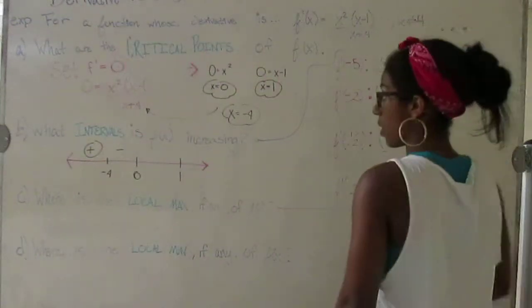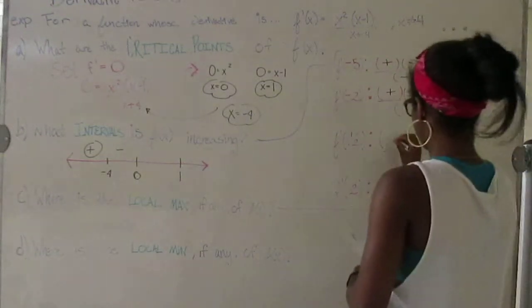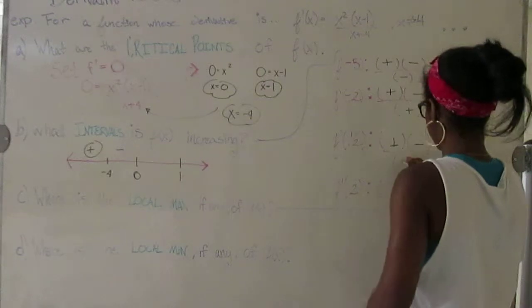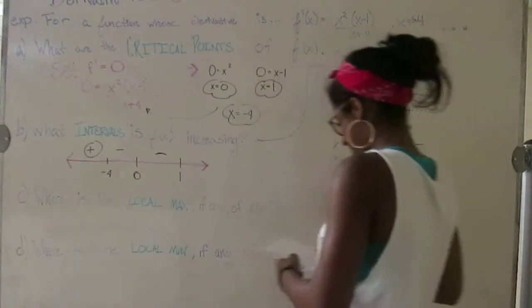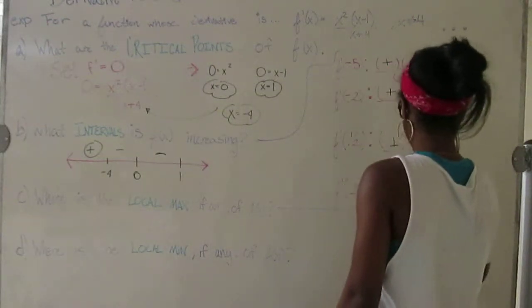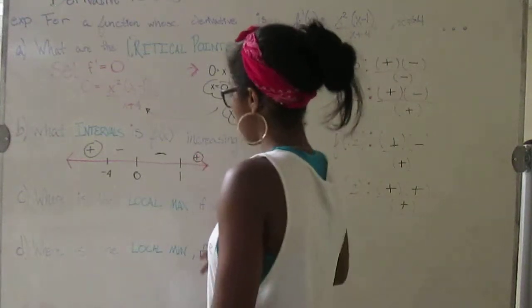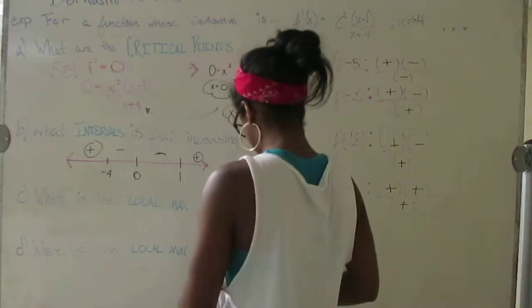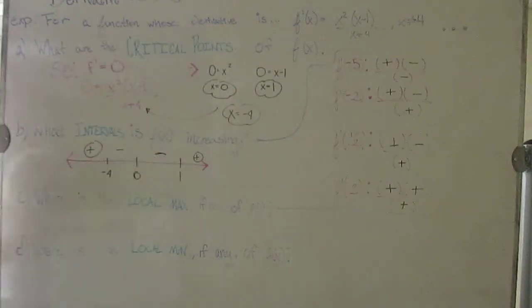Then if you plug in 1/2, which is between 0 and 1, you get positive, negative, positive, which means this is also decreasing. And then if you plug in 2, you get positive, positive, positive, which means this area is increasing. So that means that our intervals where f of x is increasing would be